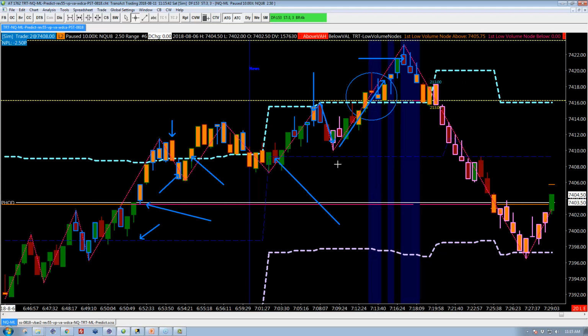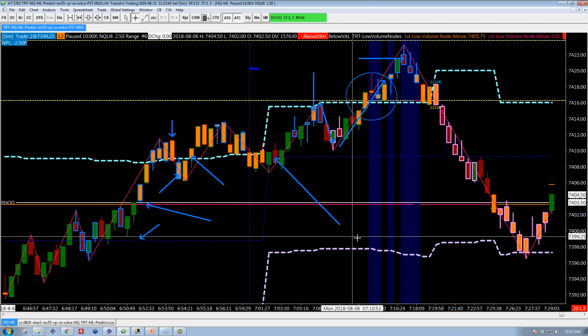With the restriction that you can't be too close to the POC. So really what we're doing, and it's not shown here on screen yet, we'll see it shortly, is that when you get outside the volume area, you don't have anything to work with in terms of who's been here before and how much trading has occurred. There's no volume yet. And so this is where we want to be careful,